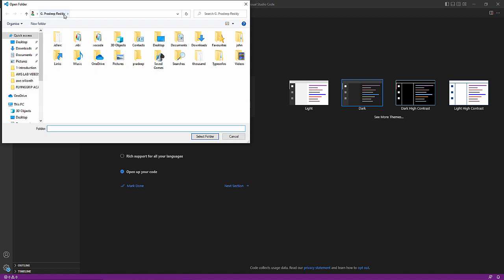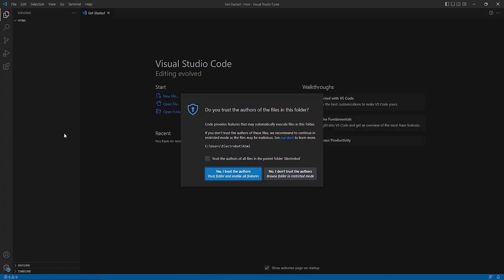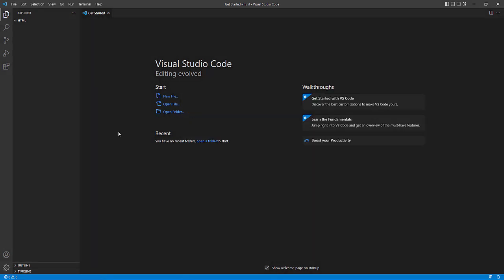Within my username, you can choose whichever folder you want, or you can create a new folder. I am just going to type HTML. Now I am going to select the folder. Here it is going to ask whether to trust all the authors from this directory. Now we know whatever files you save here will be saved in